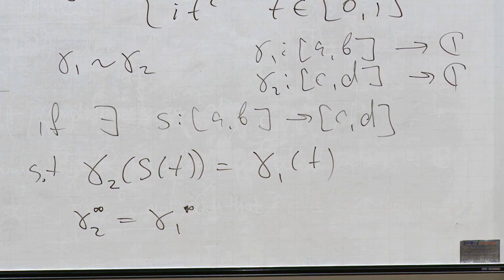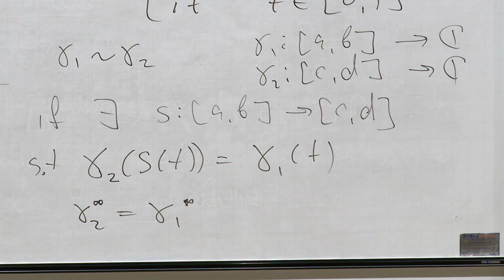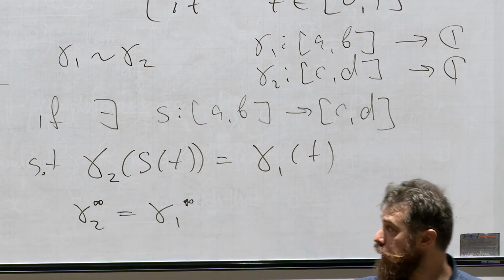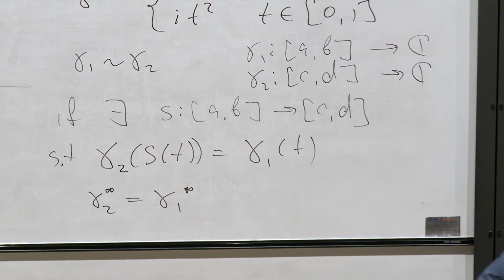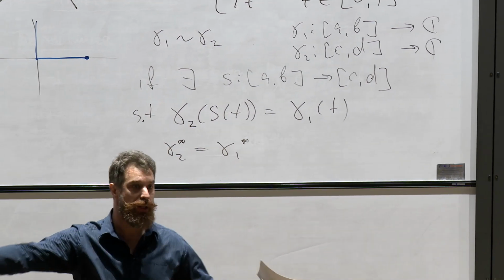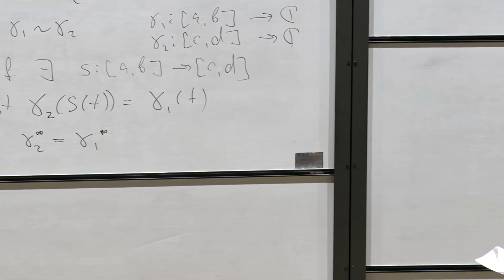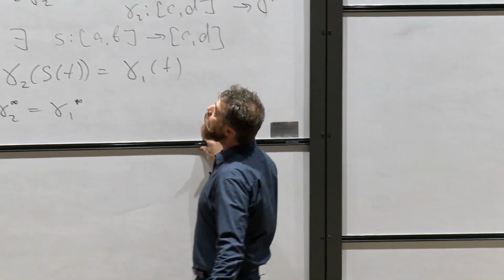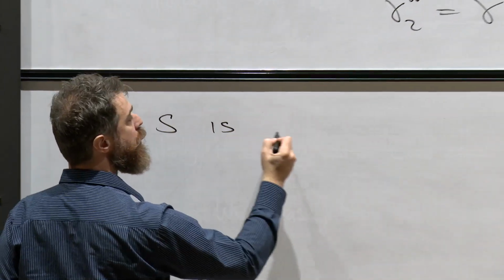So this is just a reparameterization. We go along the same geometric curve, and we go in the same direction, just with a different speed. So this is how you should think about it. And then it's quite easy to see that this is indeed an equivalence, because if you have two equivalences, you can combine changes of variables to show that it's transitive, and other things are trivial. And finally, another simple observation is that if this s is differentiable,